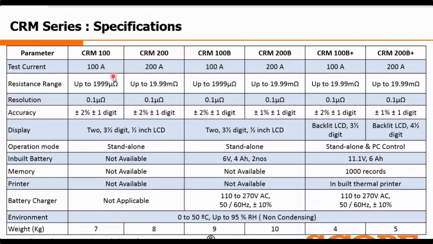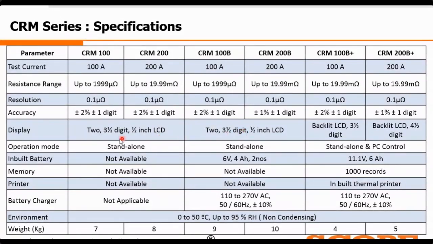Previously the resistance range was 199 micro ohm, but here we have updated it up to 19.99, up to 20 milliohm. The resolution is 0.1 micro ohm, so it is very accurate and the resolution is very good. The accuracy is also plus minus 2%. We are giving the 3.5 digit backlit LCD display in all these models.